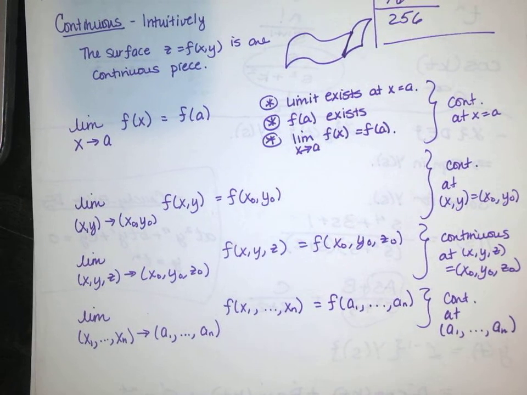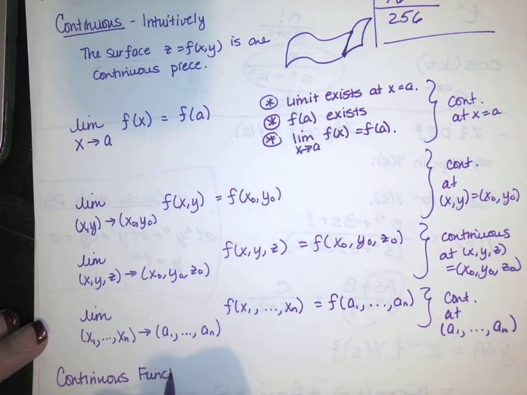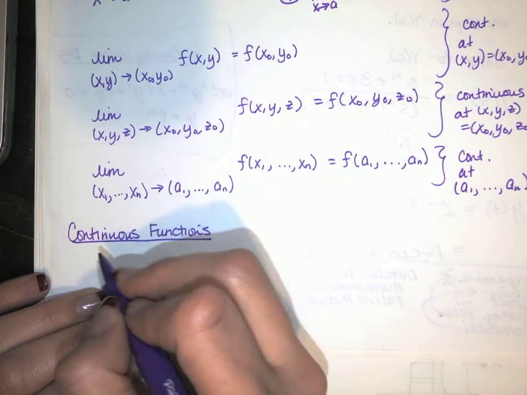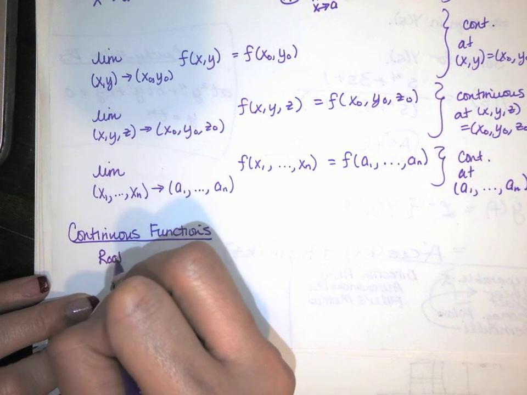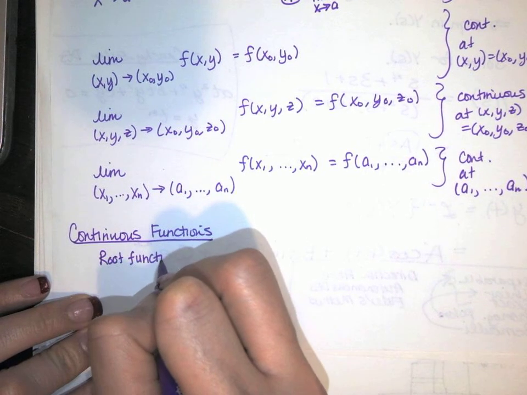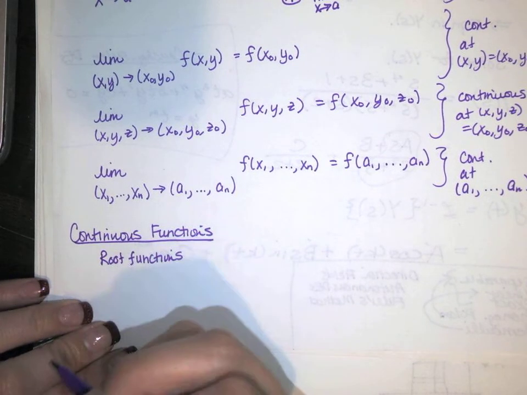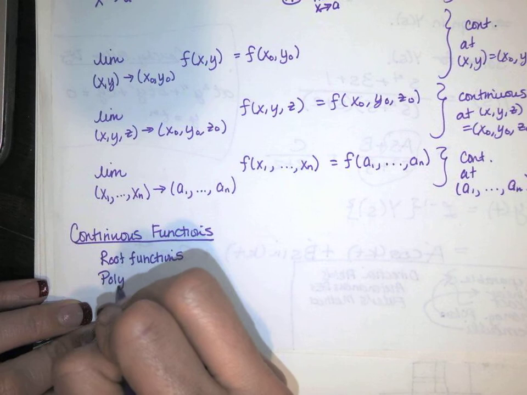Okay, now, with that in mind, let's talk about continuous functions. Pretty much any function that you've discussed in pre-calculus and before that is continuous on its domain. So, root functions, square root, cube root, 4th root, 5th root, 7th root, 8th root, 100th root, it doesn't matter, those are continuous. Polynomial functions,